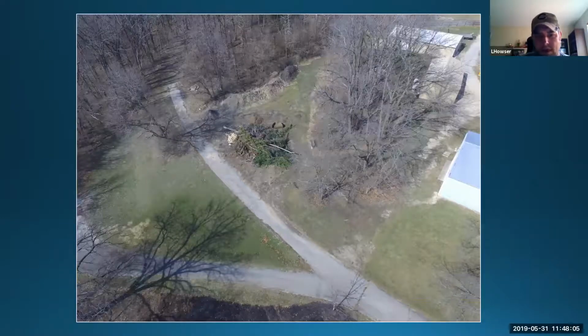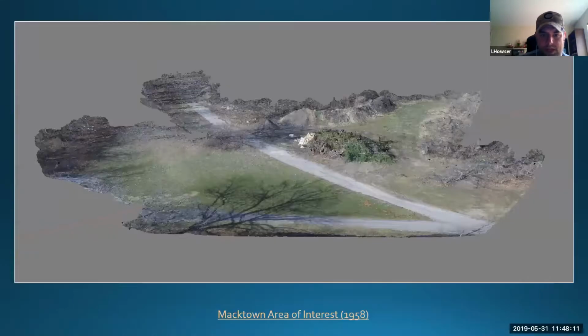So here is one of the photos that I took just to show you the resolution of the photographs I was using. And then here's the model, and